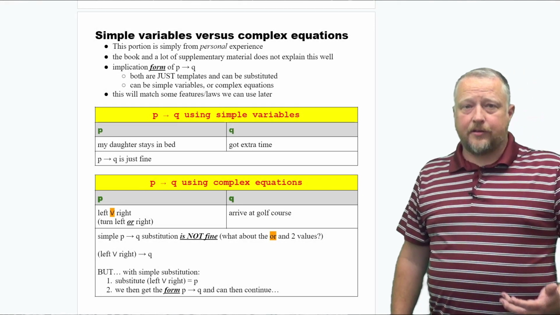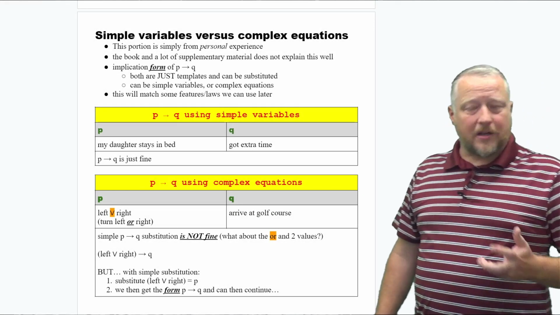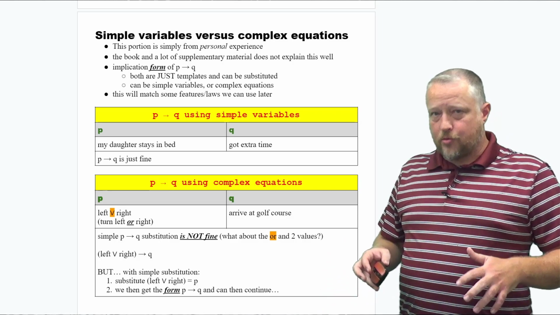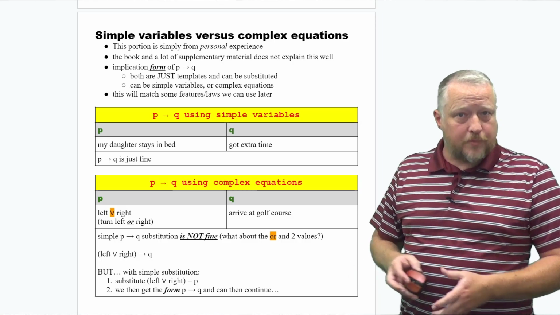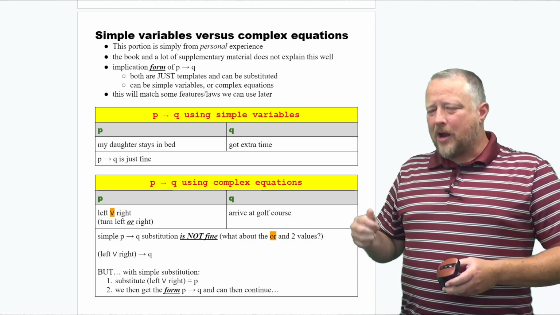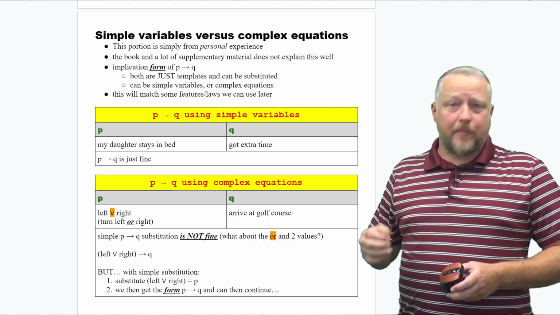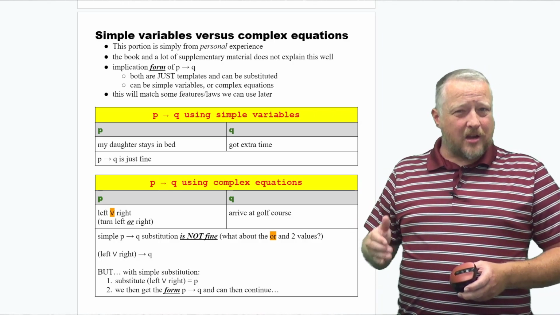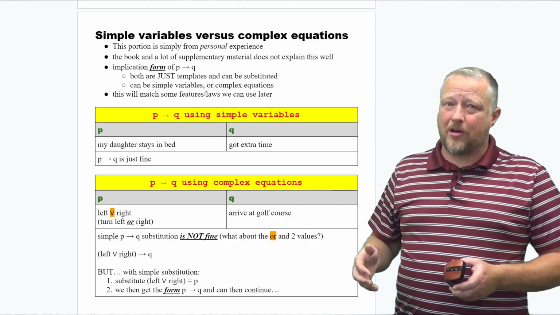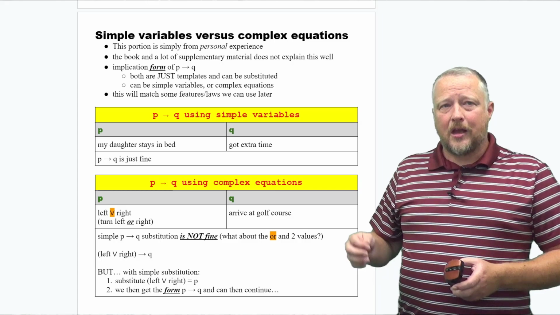I'm warning you that we're starting to get into more complex equations that are going to be able to be reduced or substituted in order to be reduced by some other laws that we're going to have. When I went through this, I was not crazy about how the book that we're using covered this, and there's a lot of other content out there that doesn't do a great job about this either. And that is